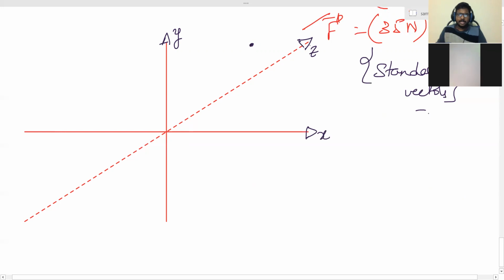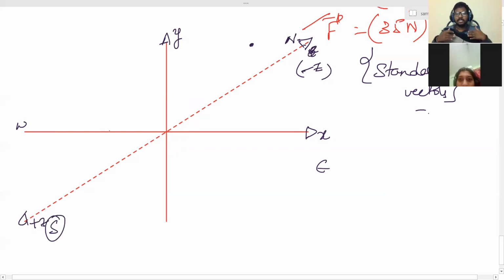Tell me. Yes, sir. I take this as positive z and this is negative z. Any point can be described or not? Tell me. Yes, sir. For example, suppose this is east, this is west, this is north, this is south. Example I'm telling you. I don't always describe in east, west, north, south, but I'm writing it for you to relate. After practice, you don't always relate east, west, north, south; you relate with x cap or standard vectors. I will tell you how.